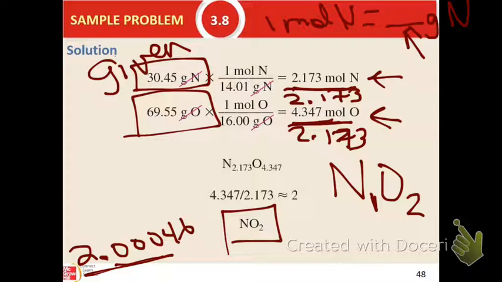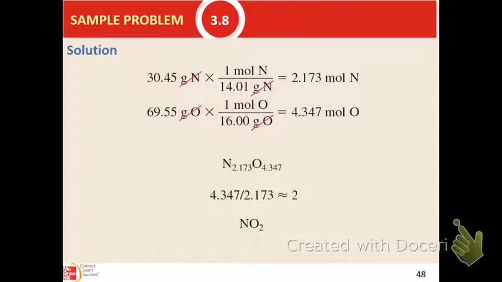Now, the kicker is that your mole-to-mole ratios have to be extremely close. If this had turned out to be 2.2 when you divided, you could not round that down. They have to be very close to whole numbers to be able to round them off. If they're not, then you have to come up with a number to multiply through by, like in fractions, until you get whole numbers. Okay? And then